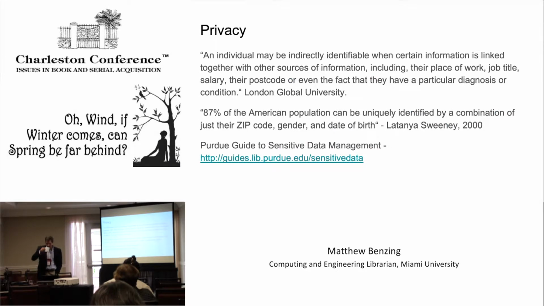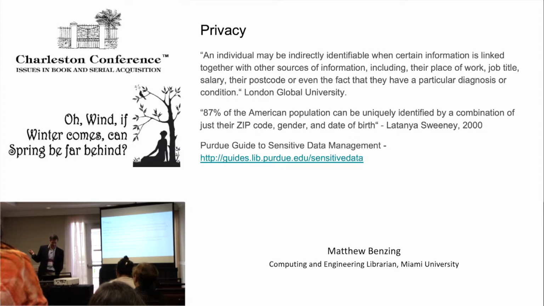Another issue you have to keep in mind is privacy when you're dealing with data. You kind of expect the researcher, especially in something like the social sciences where it tends to be more of an issue, to know this and be aware of it when they submit the data set, but they may not always be. There are direct identifiers and indirect identifiers. Well, yeah, you probably don't want to have social security numbers in data set files or credit card numbers or other direct identifiers, but there are indirect identifiers.